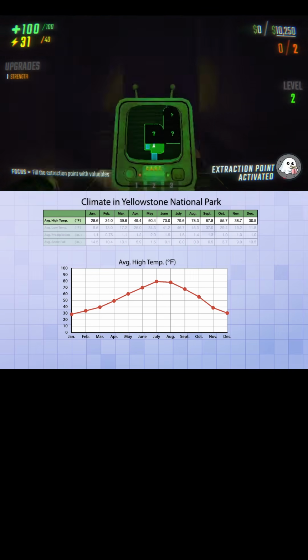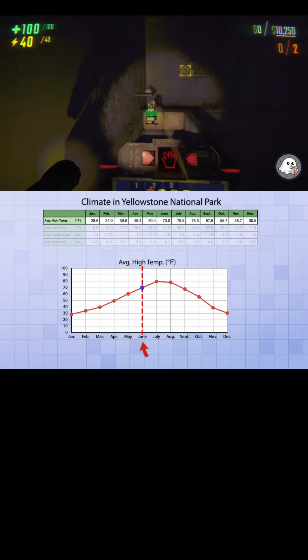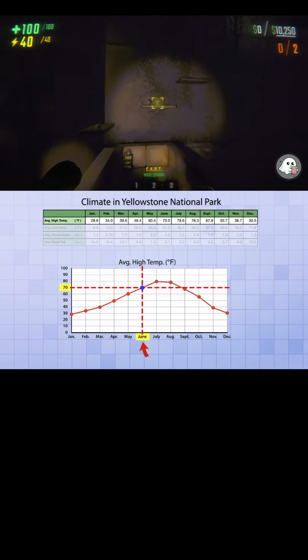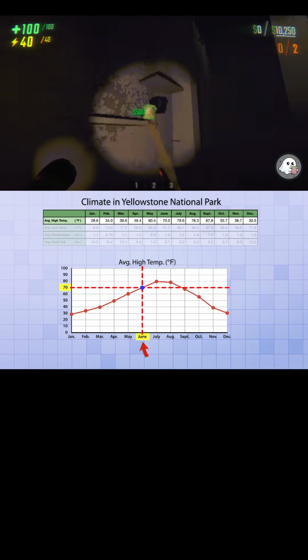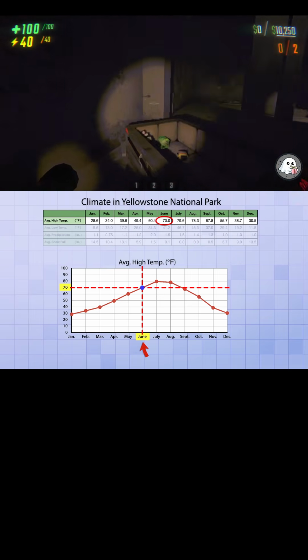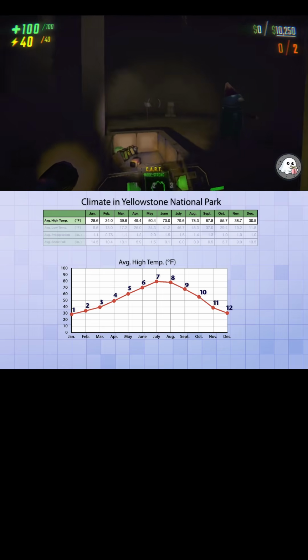For instance, notice that for the month of June, there's a dot exactly at the intersection of the vertical line for June and the horizontal line for 70 degrees. That matches perfectly with the data in the table, which shows an average temperature of 70 degrees in June. And if you count them all, you'll see that there's 12 dots total, one for each value in that row